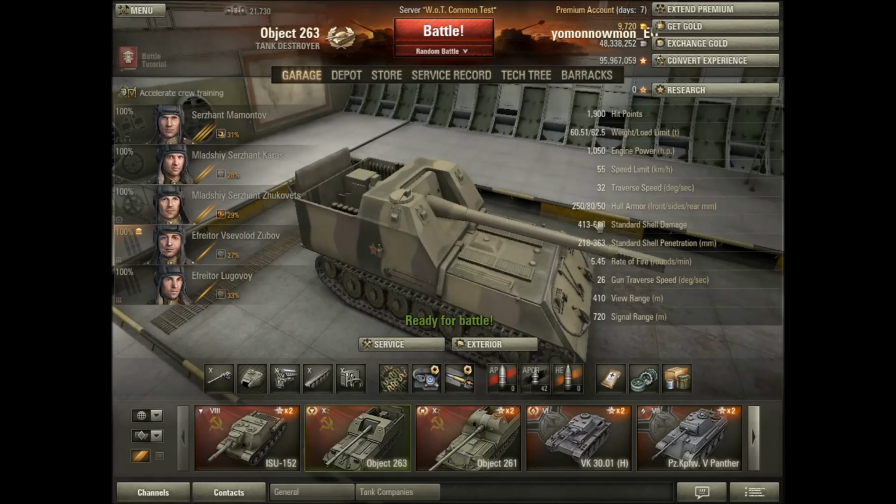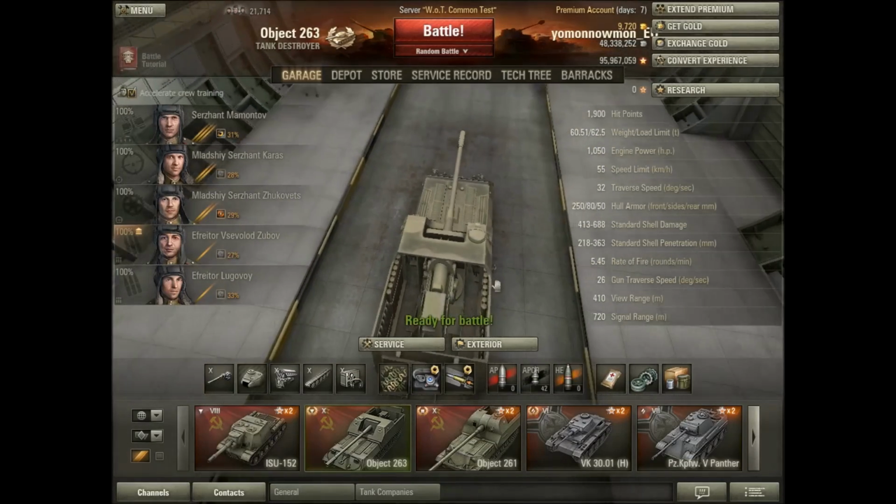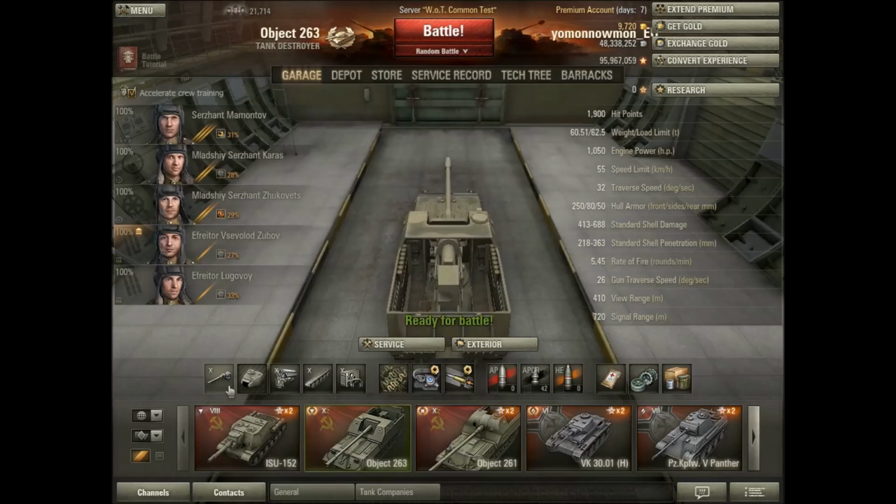Right, anyway, standard shell damage. I'll cover that with the gun, and penetration, this, that, and the other, and the rate of fire, again, I'll cover that. Gun traverse, 26 degrees per second. It's a tank destroyer, doesn't really matter. It's got about a gun arc. It's quite good. If you take a look at the aiming time, 2.5 seconds, it's very good for